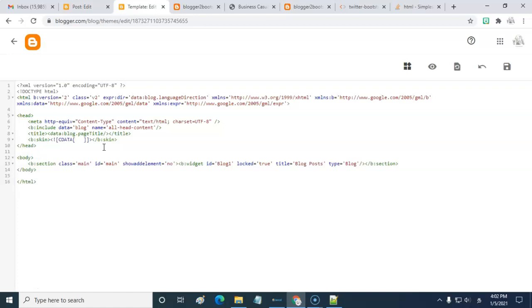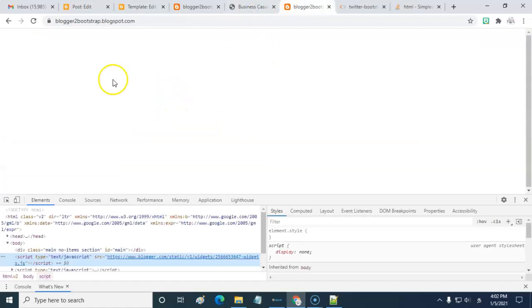Here, we have to do some alterations in the HTML tag. Even though Blogger has a blank template, it is still running some JavaScripts. The disadvantage is that this JavaScript will interfere with the Bootstrap designs, for example, the navigation bar.